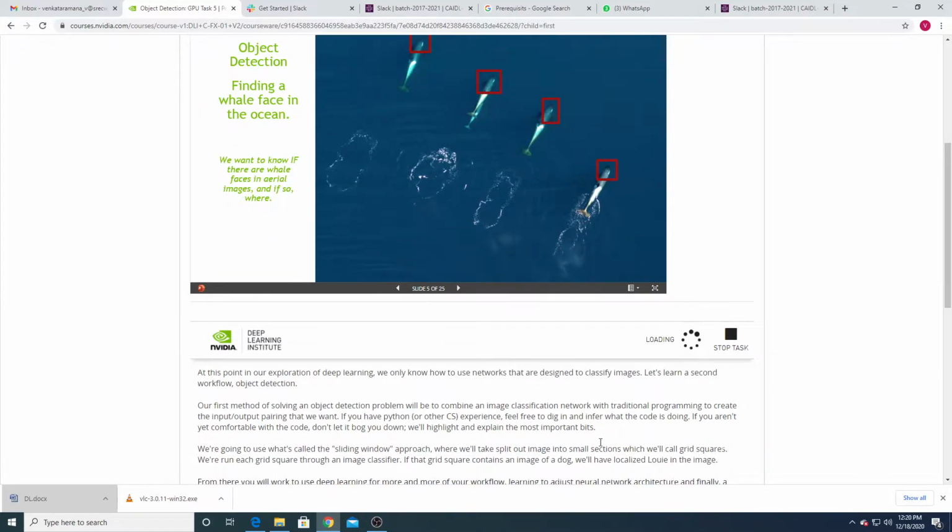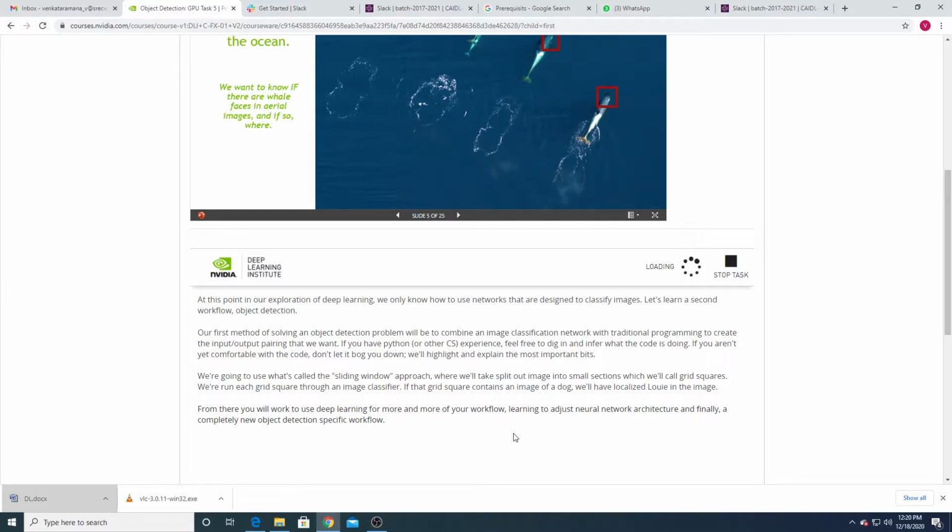It's taking some time, so we have to wait until it's completed. In object detection, here we are discussing the sliding window technique. What is meant by the sliding window technique? Let's assume, friends, there is a car in front of you, and you take a camera and snap that car, and you will get one image. But I don't think your car occupies the complete image. Some part of your image contains the car, so you have to identify where your car is located.